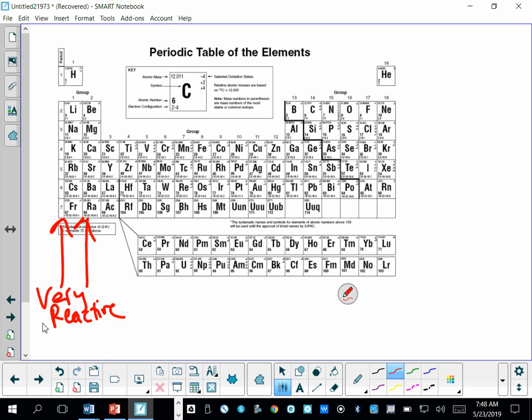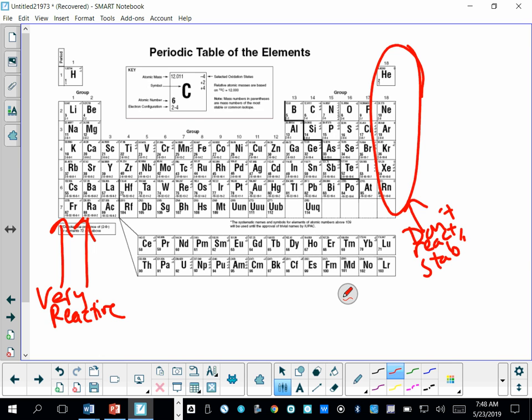They're highly reactive. We're going to point to the noble gases, and we're going to say don't react, because they're stable, because they have a full valence shell. They have an octet. We're going to make a note of our diatomic elements, which is H N O F